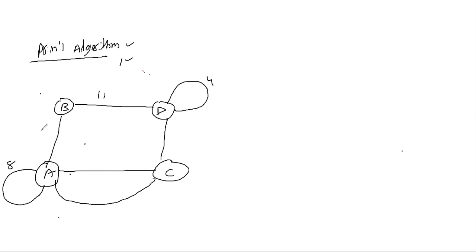If the exam gives a diagram like this and asks for the minimal spanning tree, what do you have to do? For example, find the minimal spanning tree for this one using Prim's algorithm. In the exam, first you have to remove the self loops and multiple edges. First, for the given problem, remove the multiple edges.